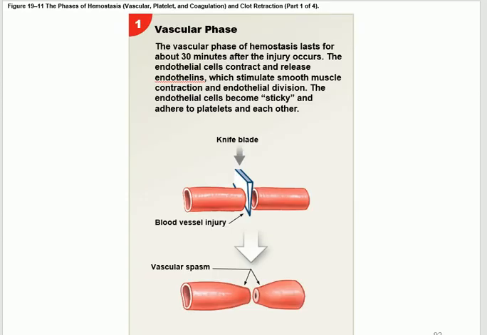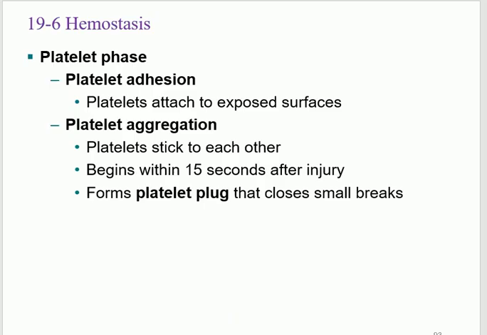So here is the vascular phase first. You make a cut, vasospasm or vasoconstriction, so you don't lose much blood. And then the factors are going to be released that I talked about, including ADP and endothelin. And this will lead to vasoconstriction and it will make the endothelium sticky. Now the endothelium is sticky. Platelets traveling in this area